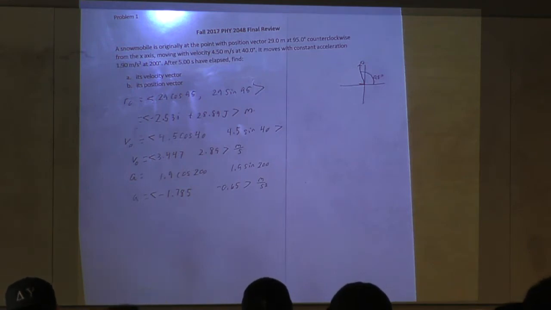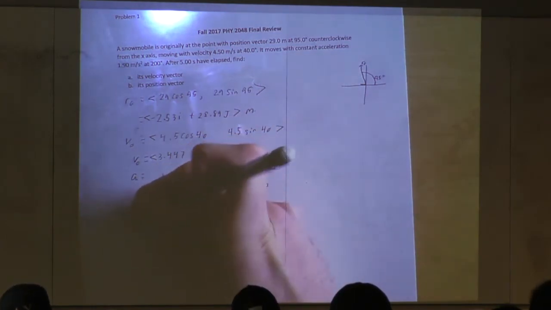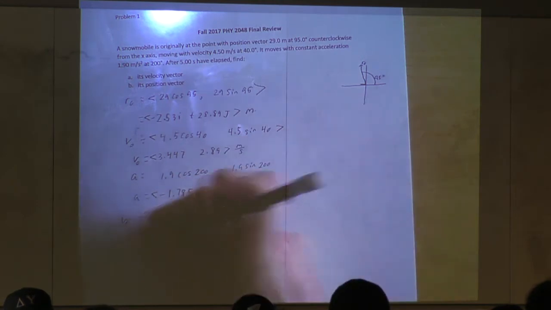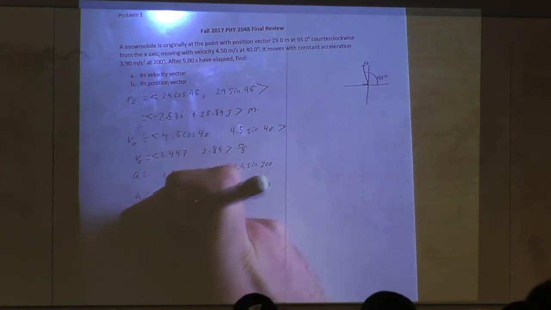So now to move on to the next part. It's asking, after 5 seconds, for our position vector and our velocity vector. I'm going to start by finding the velocity after 5 seconds, since we're going to need that to find the position also. So we know our final velocity is equal to v0 plus at. So if we do this for x and y,